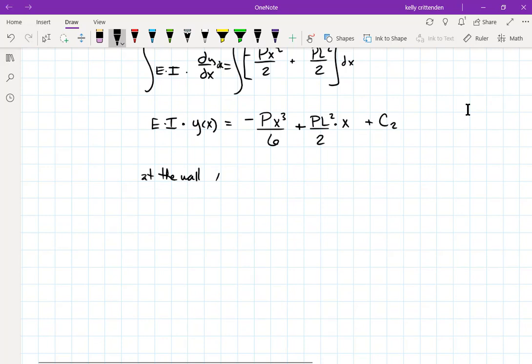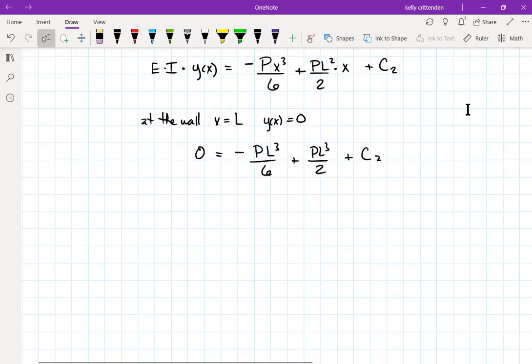the way I set it up, x equals L, the length of the beam, and at that point, y of x equals 0. So again, a similar thing happens where the left-hand side just zeroes out. And then I've got to put L's in everywhere I have x, so negative PL cubed over 6 plus PL squared times L, so that's PL cubed over 2. There's C2,